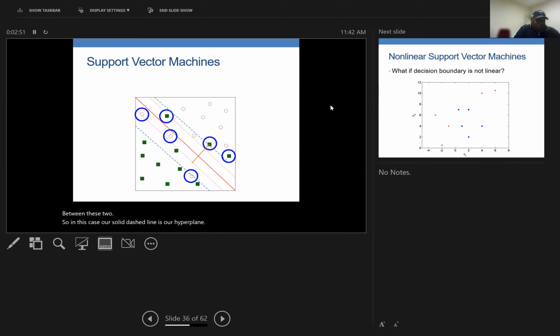And then the vectors on the edges are called support vectors, which is where the support vector machine comes from. Again, this is just in 2 dimensions. It could be in 3 dimensions, 4 dimensions, and then higher dimensions. Sometimes you go from 2 dimensions to 3 dimensions so that you will be able to separate them with a